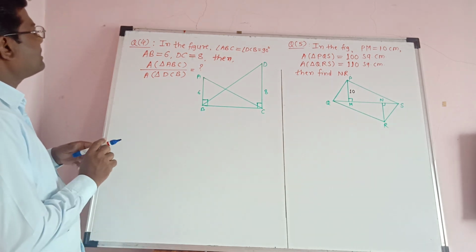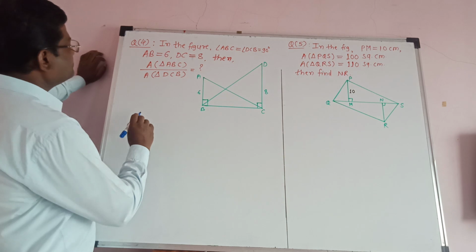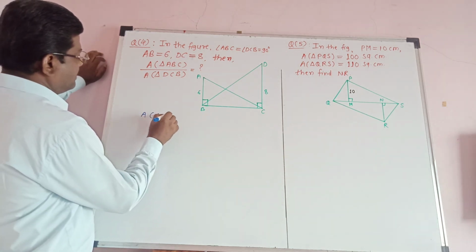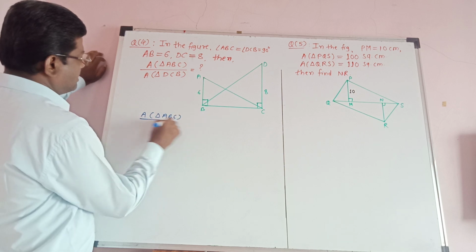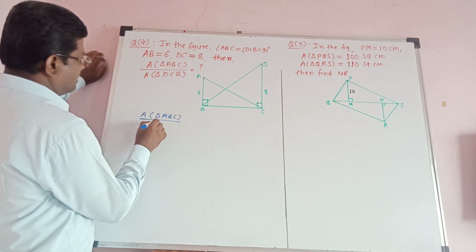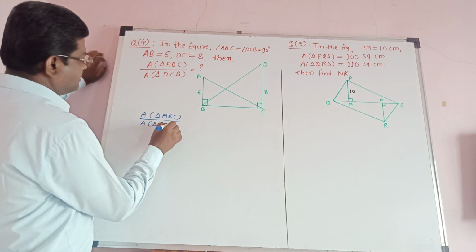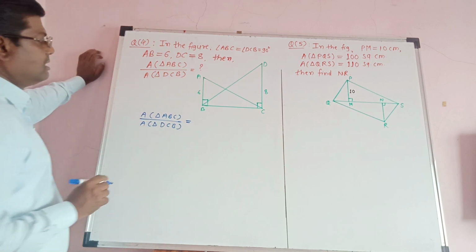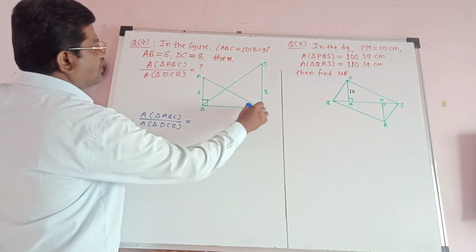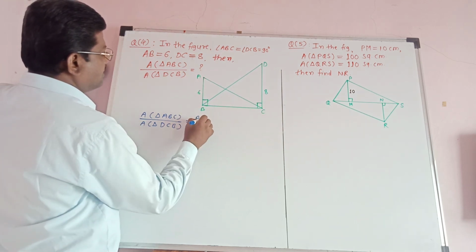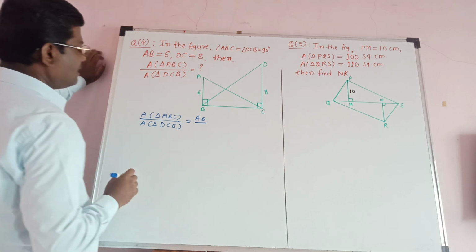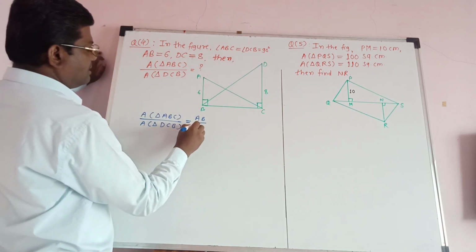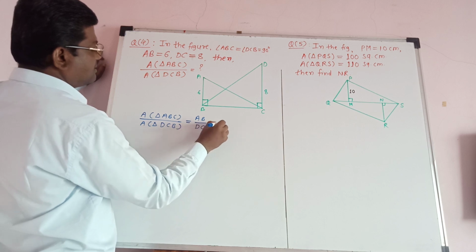So we can write here area of triangle ABC upon area of triangle DCB is equal to height of triangle ABC, which is AB, upon height of triangle DCB, which is DC. Reason is